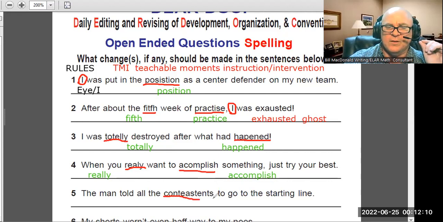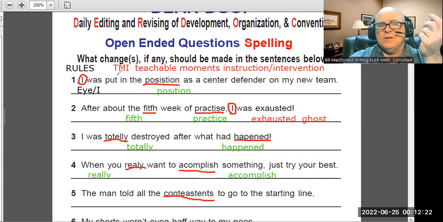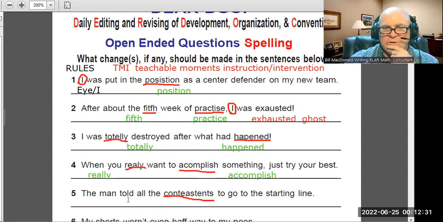So if I'm a contestant, maybe they mean contestant. A contestant is someone who's in a contest. So I'm going to start with contest. That's two syllables. So let me switch to text and green. And so I'll write the word contest